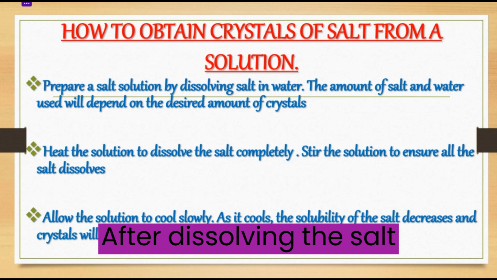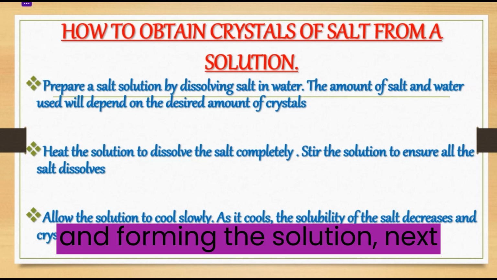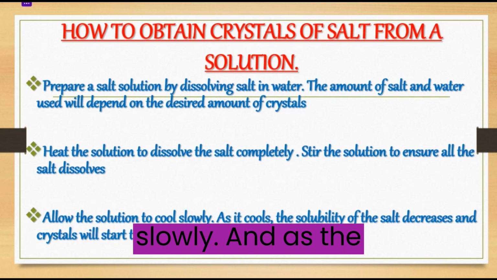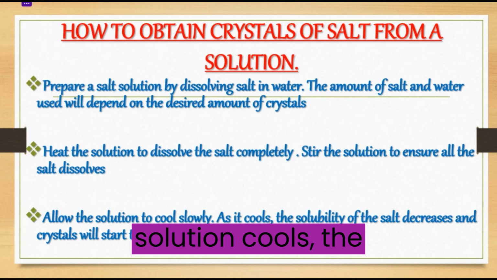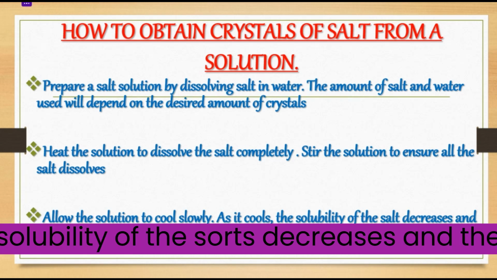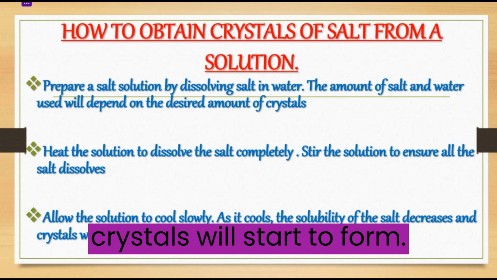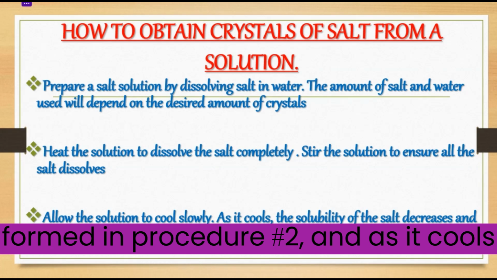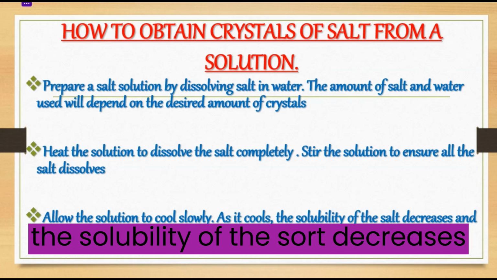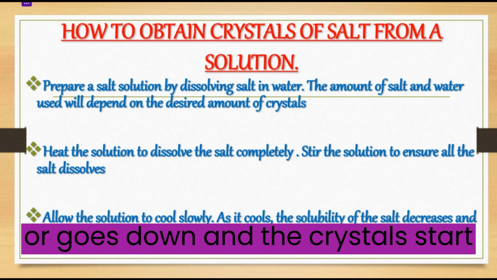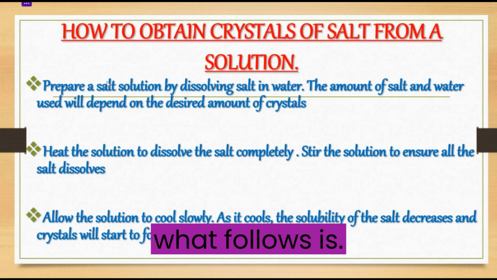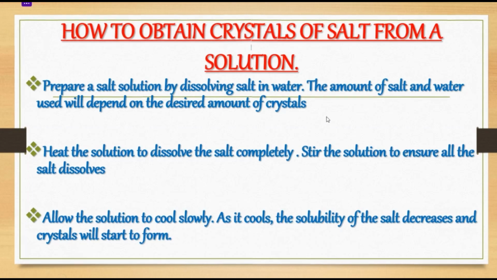After dissolving the salt and forming the solution, next is allowing the solution to cool slowly. And as the solution cools, the solubility of the salt decreases and the crystals will start to form. You cool the solution that you have formed in procedure number two, and as it cools, the solubility of the salt decreases, or goes down, and the crystals start to form. After that, what follows is